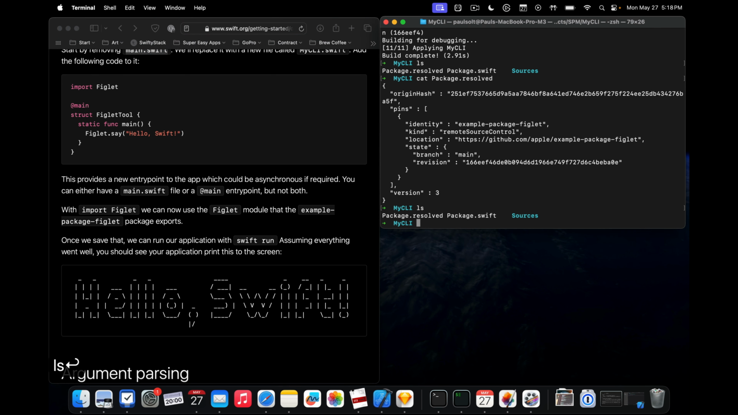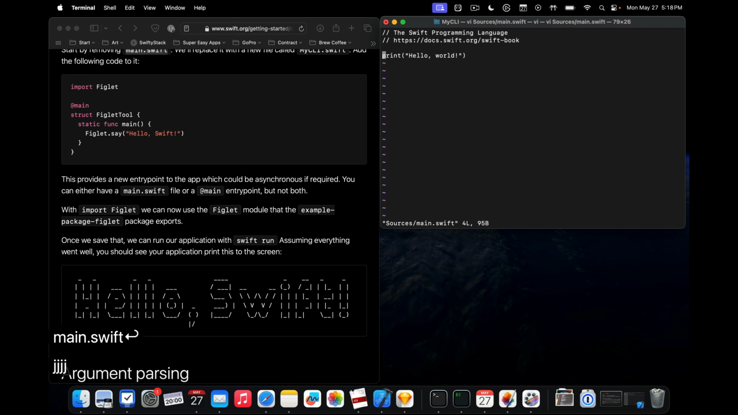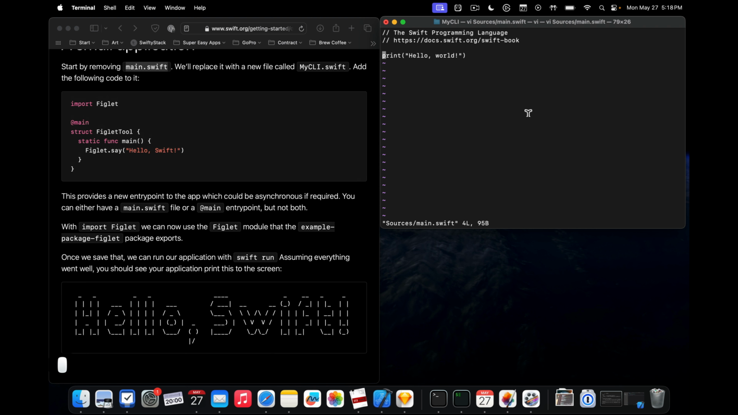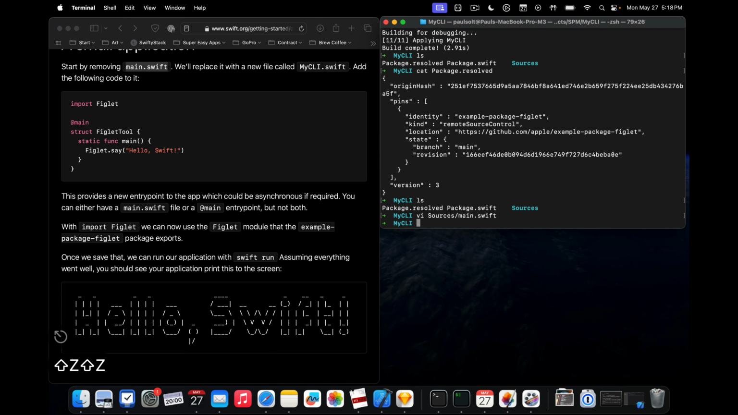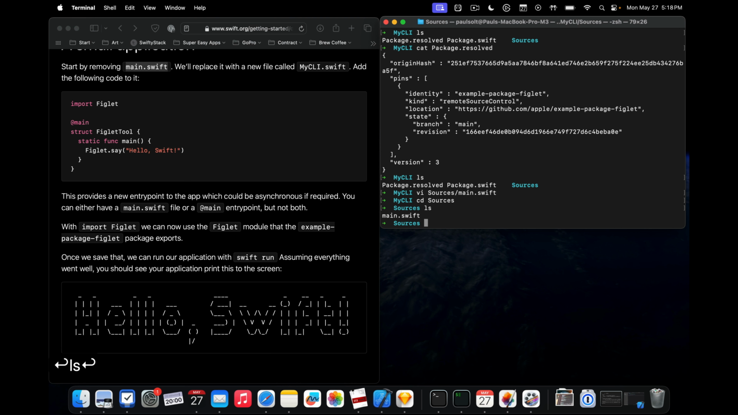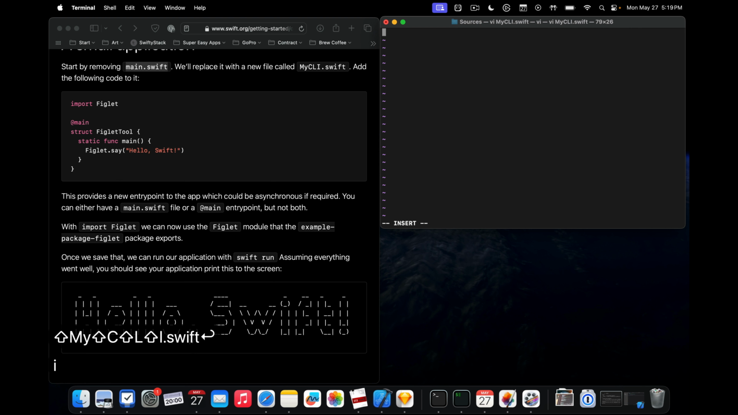So we'll say vi Sources, and then we've got our main.swift. So all we have is this, and we basically just want to get rid of this and replace it with this other file. Let's keep this for now just so that you can see what the error is going to look like. I'm just going to go into Sources, and then we're just going to say vi MyCLI.swift, press enter, I to insert, and then we're going to import Figlet,